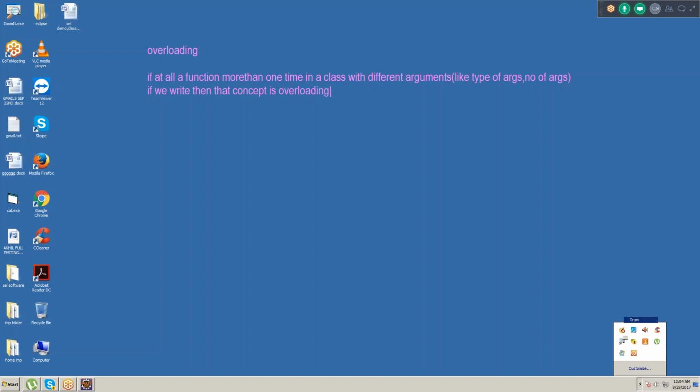Overloading is one of the concepts in Java. If you write any function more than one time in a class with the same arguments, it will automatically show you an error. But if I write the same function with different arguments, like a different number of arguments or type of arguments,